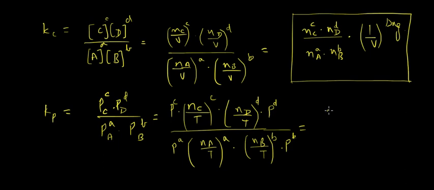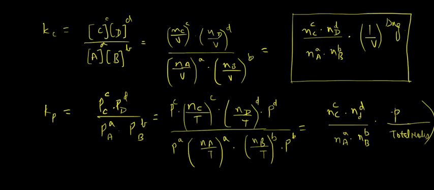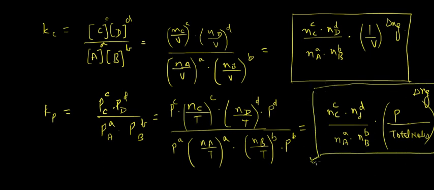So we can write it as Nc to the power c into Nd to the power d, divided by Na to the power a and Nb to the power b, multiplied with P upon total moles at equilibrium raised to the power delta Ng. So please remember these two forms in calculating the effect of any external agency over the reaction,